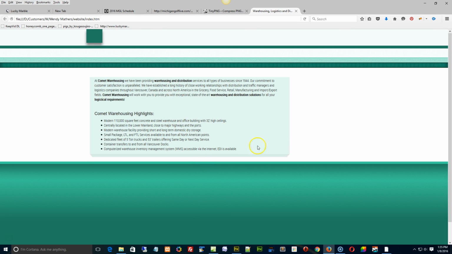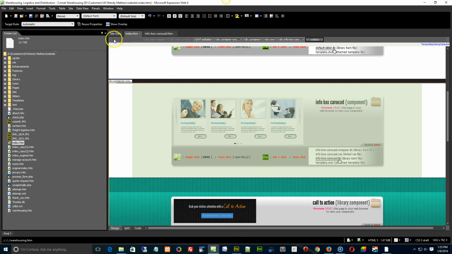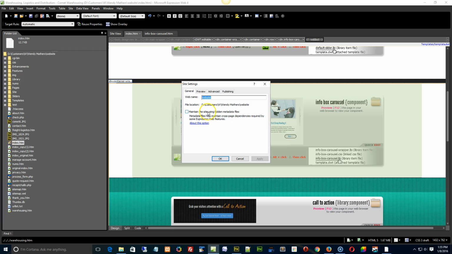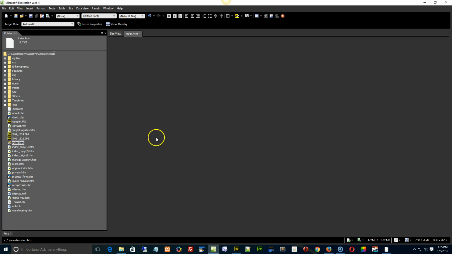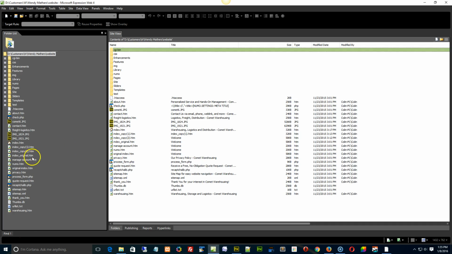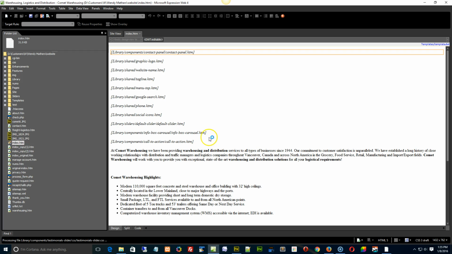Now, I'm seeing this right here. So the first thing I'm going to get you to do is click on your site settings, and then maintain the site using hidden meta files. Check that, okay, and yes. Okay, so step number one, let's make sure you do that, okay? Then let's go back to the index page here, and